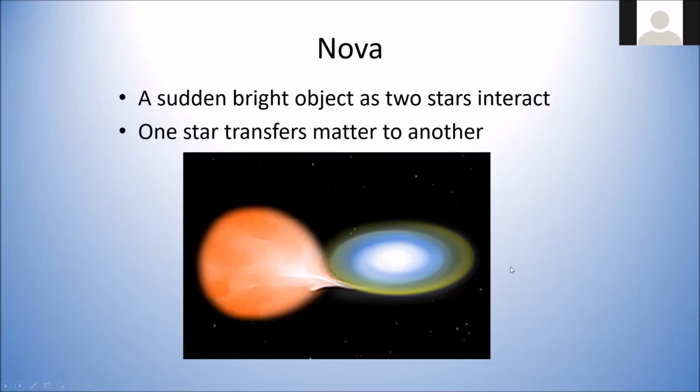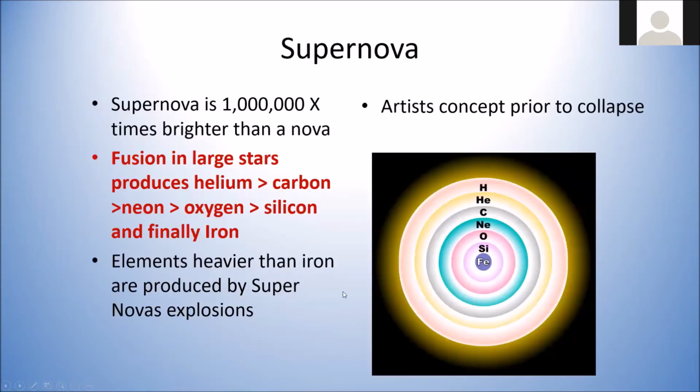We almost had one in our solar system, with Jupiter almost becoming the 2nd star in our system, but it never quite made it. Supernovas. Supernova gets its name because it's 1,000,000 times brighter than a nova. So it really gets noticed. There aren't very many of them, or very frequent, but they do produce a lot of energy.